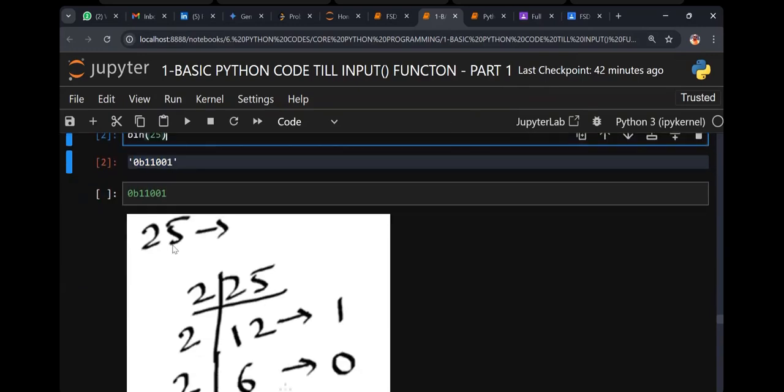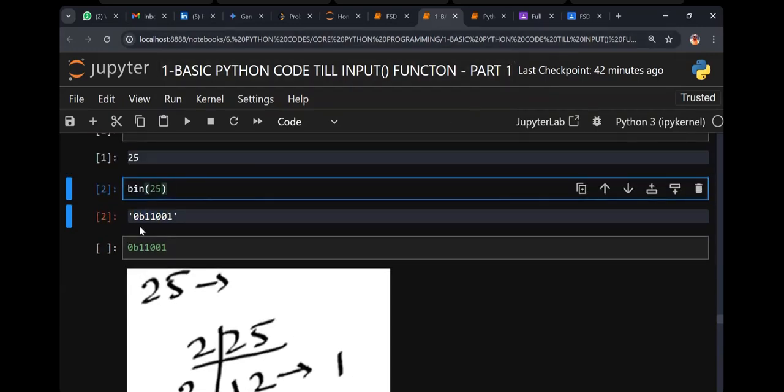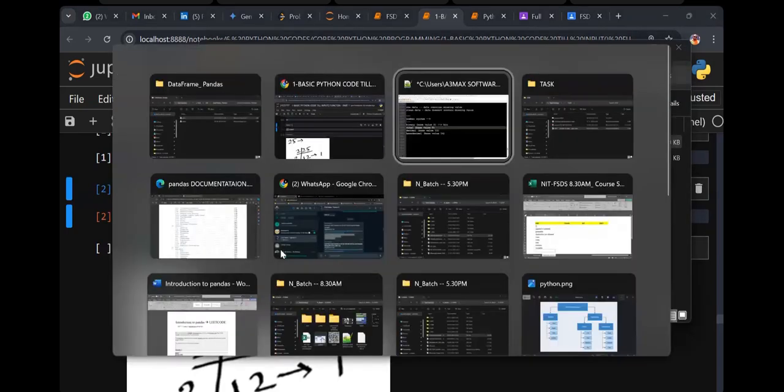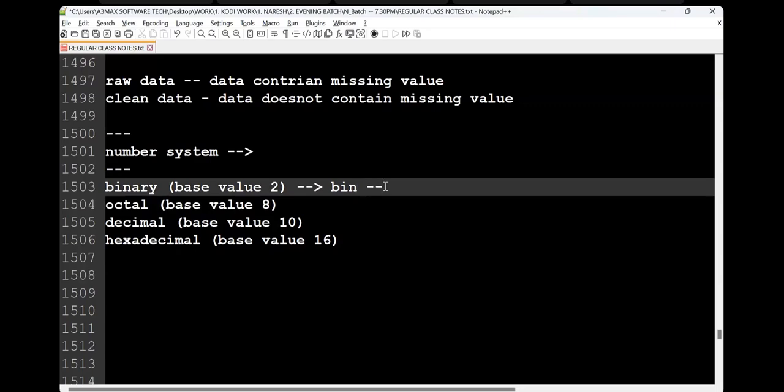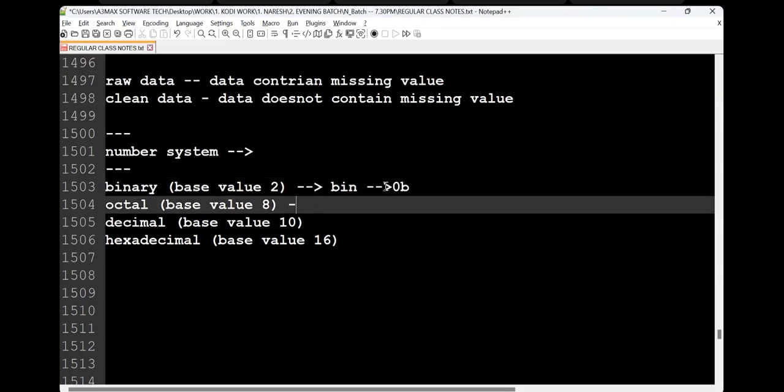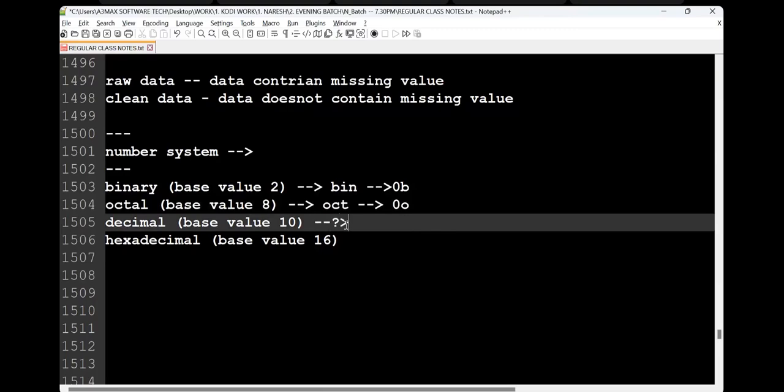First one, can you see this table? 0B means binary. 0O means octal. How do we define this? We define binary with 0B, and here we define octal with oct. So 0O. Don't say, sir, I'm confused with 0 and O. Don't confuse 0 and O. So 0O, all those things. All right, we will talk about each and everything one by one.